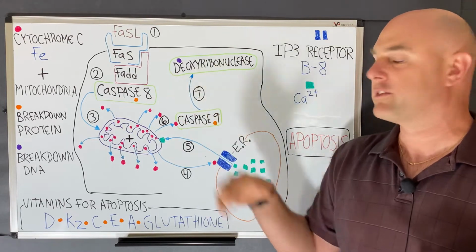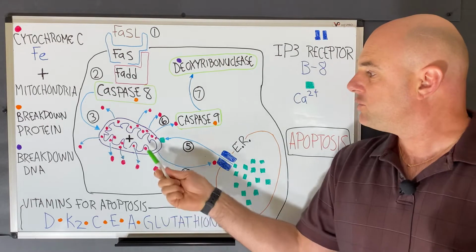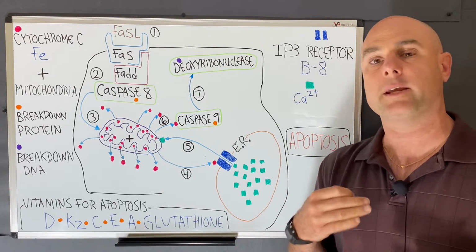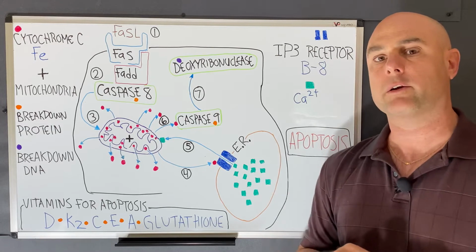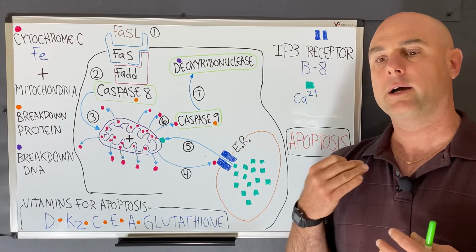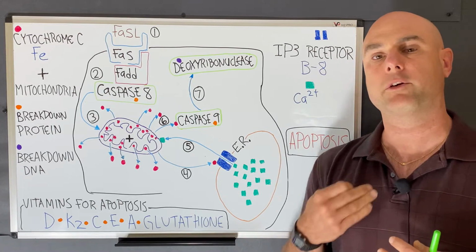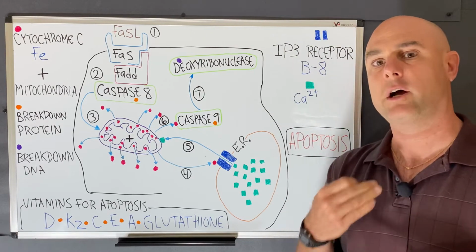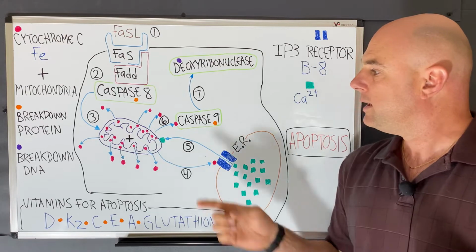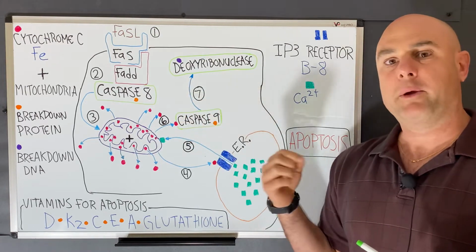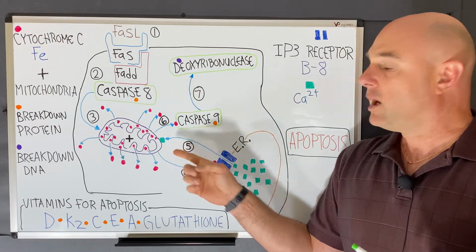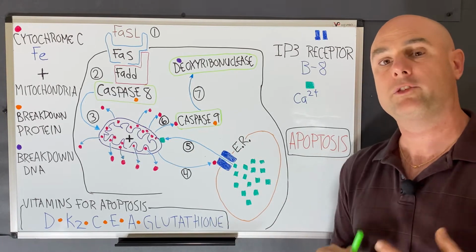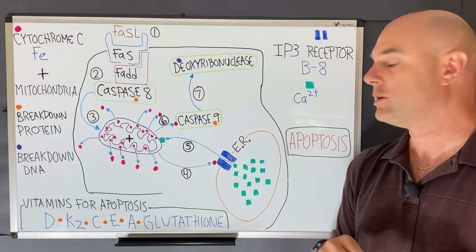Now, one thing that this caspase 8 does is it triggers the mitochondria to release cytochrome C. And this is where we have our iron. Cytochrome C requires iron for it to fold and function correctly. So cytochrome C has an iron molecule attached to it. Now this caspase 8 causes the mitochondria to release the cytochrome C, which has an iron molecule attached to it,